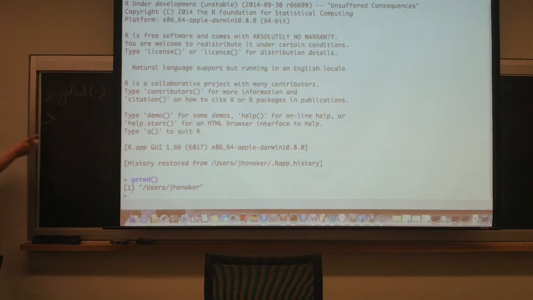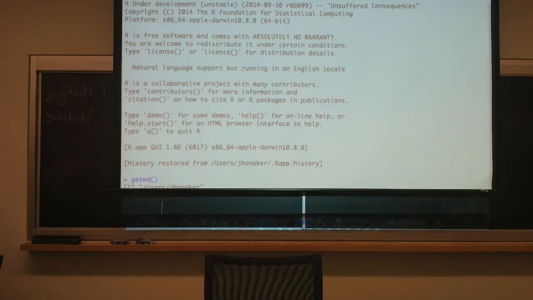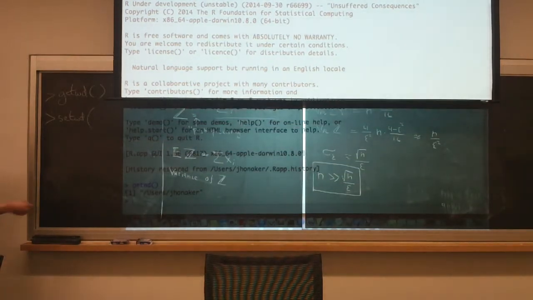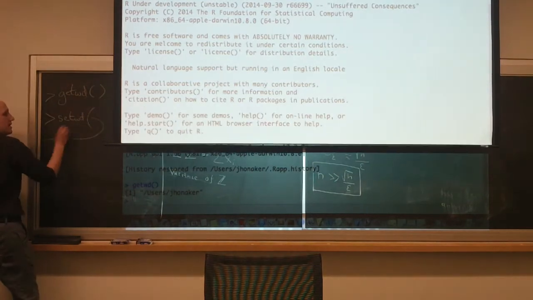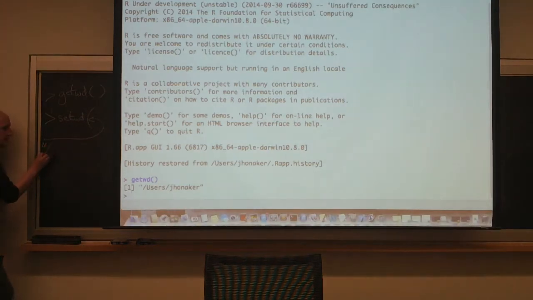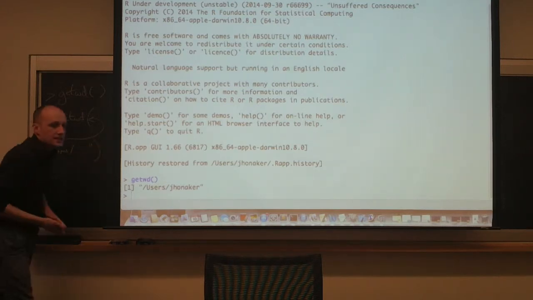I already know where I put these files, so I'm going to change my working directory. I'm going to set the working directory, setwd, all one line, and then I'm going to give it a path in quotes. So for me, it's going to be /volumes/ whatever it is in my particular case. Close the quotes, close the parenthesis, and see if you can get somewhere.